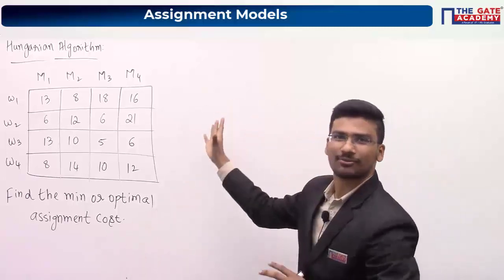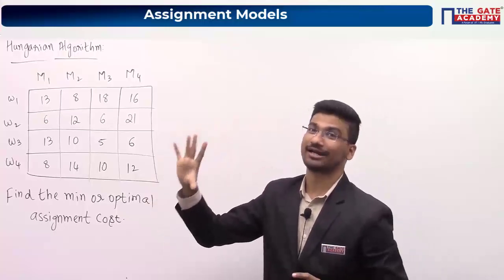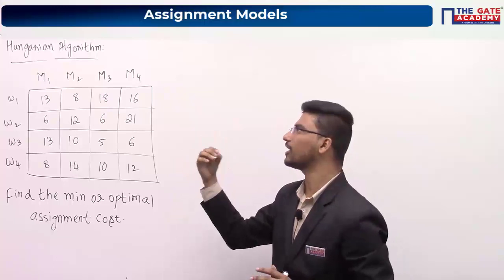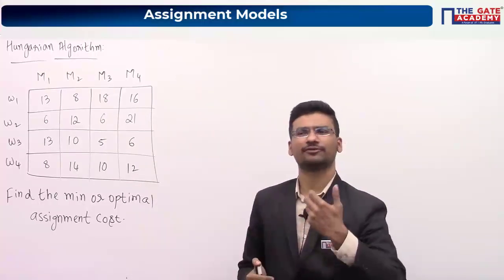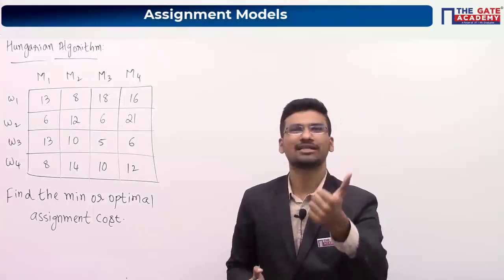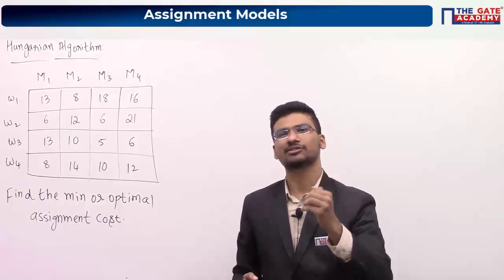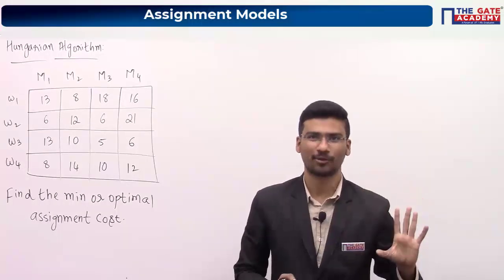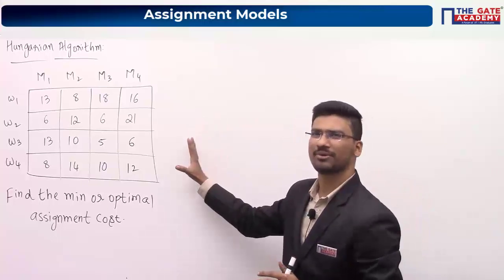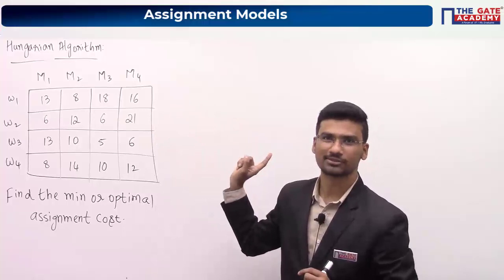So Hungarian algorithm, it is a very simple algorithm. Using only one algorithm, we can find the optimal cost or we can find the optimal assignment. In transportation problem, we followed 2 steps. We found initial basic feasible solution and then we applied Modi method. In Modi method also we had so many steps, right? It was a lengthy process in transportation problems. Now in assignment problems, it is very simple. We can use only this particular algorithm and we can get optimal solution.